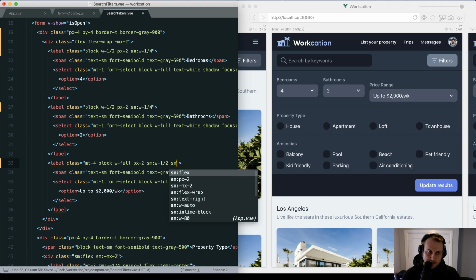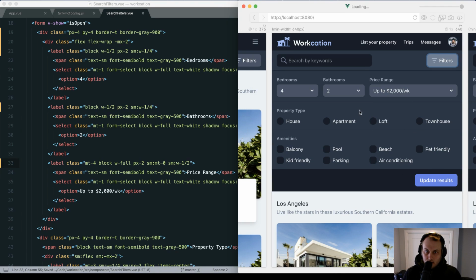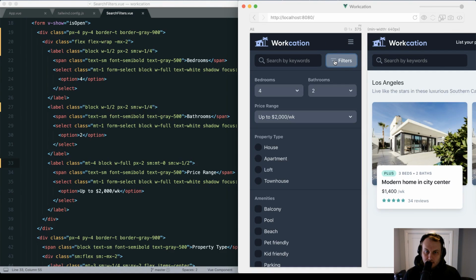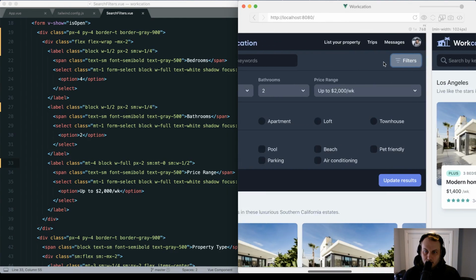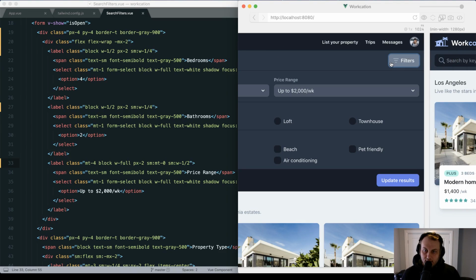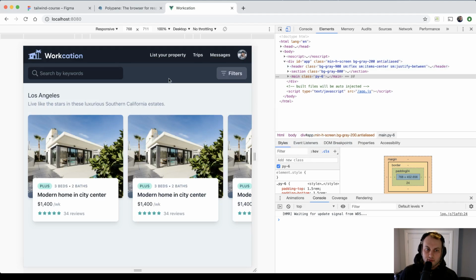And we can also do SM MT0. We'll put that right at the beginning of the SM list. All right, so this is still good. This is still good. This is still good. And now on this size in Steve's design, we actually have